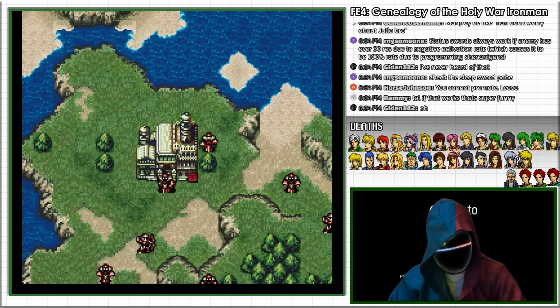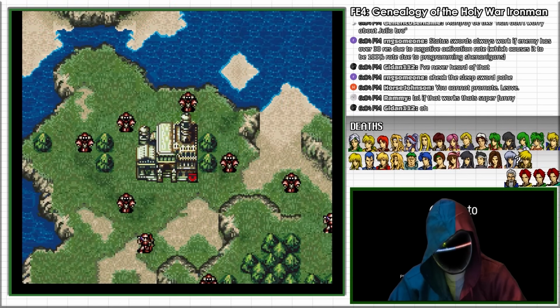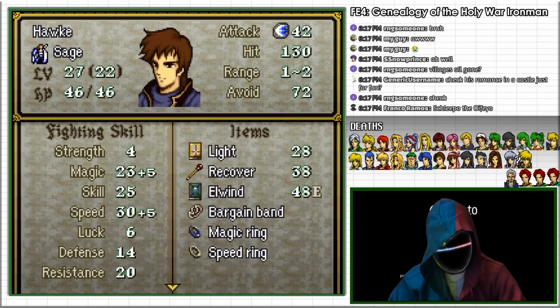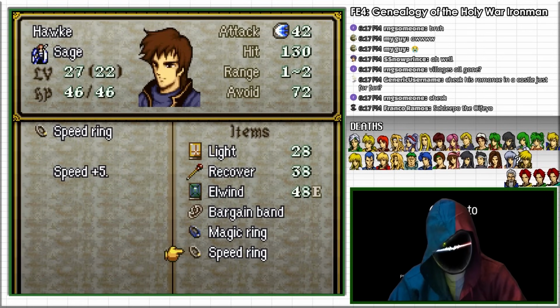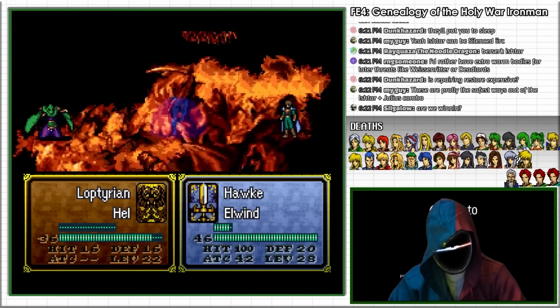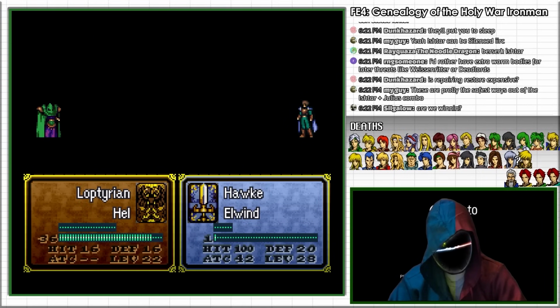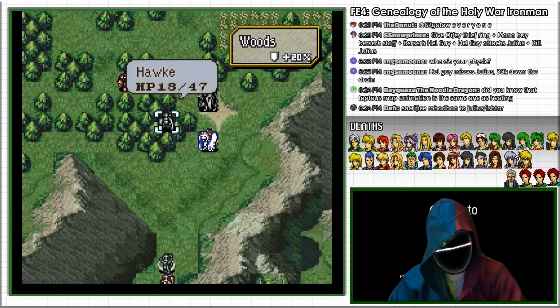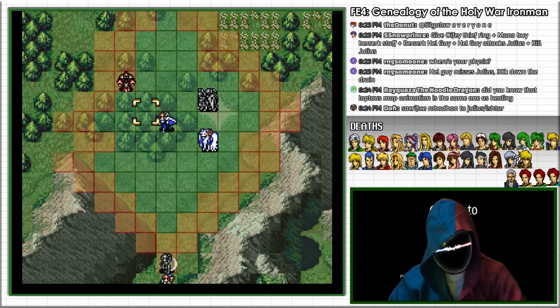The area is guarded by a huge number of dark mages with even more Helltomes and sleep staves, so I rely on Hawk because he is the only unit in my army who has a high enough resistance to avoid being put to sleep. Despite his high avoid, he is still hit by a Helltome, but I managed to avoid disaster by healing him with a physic staff. After committing the rest of my troops, I managed to clear all of the dark mages